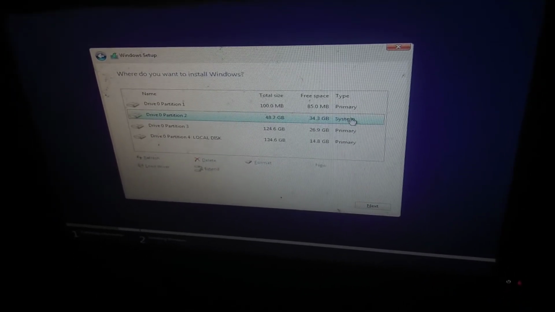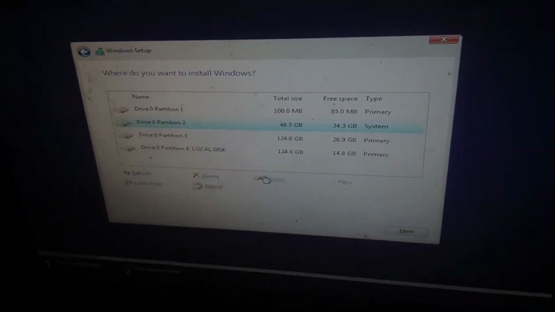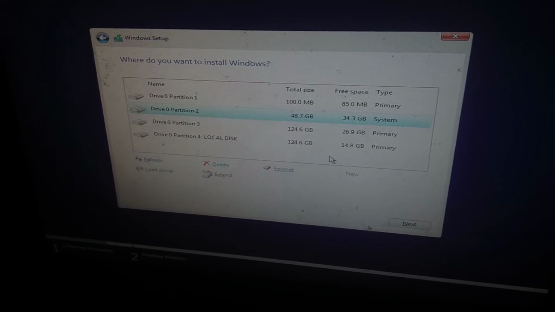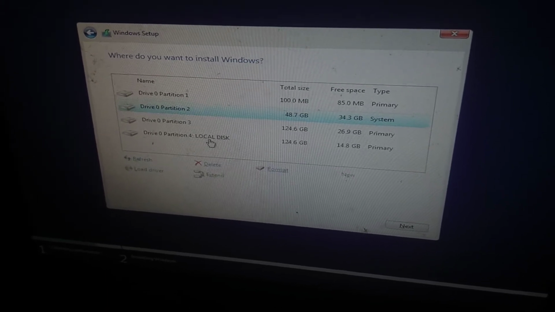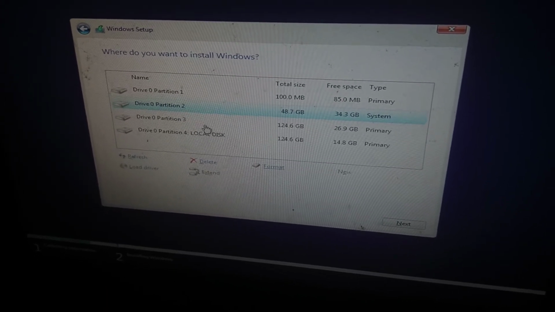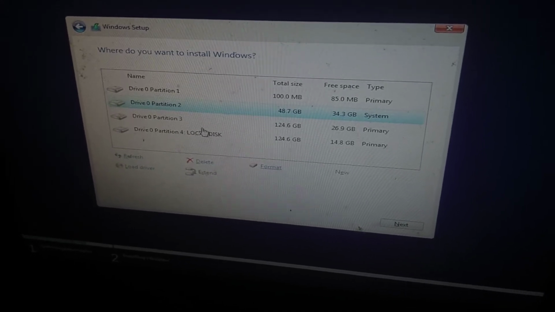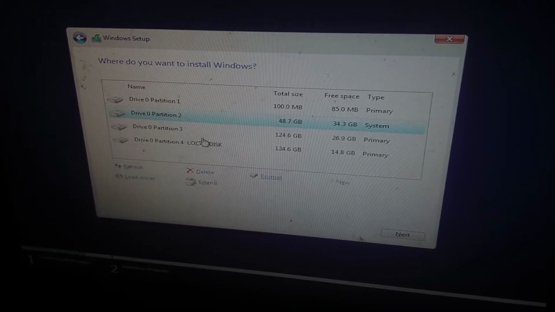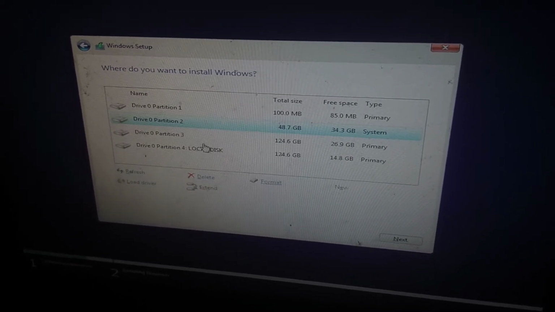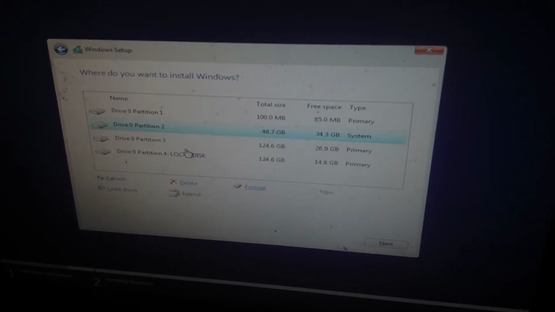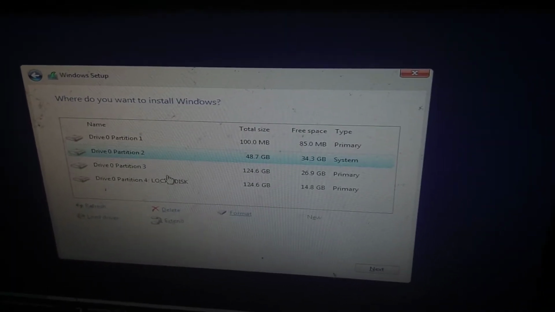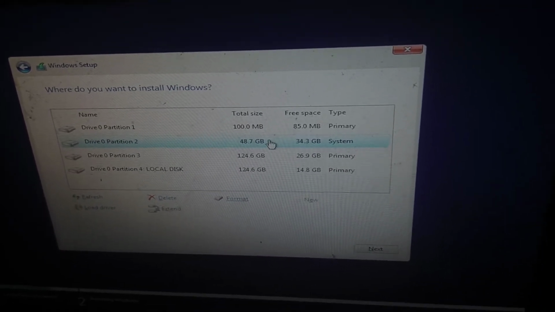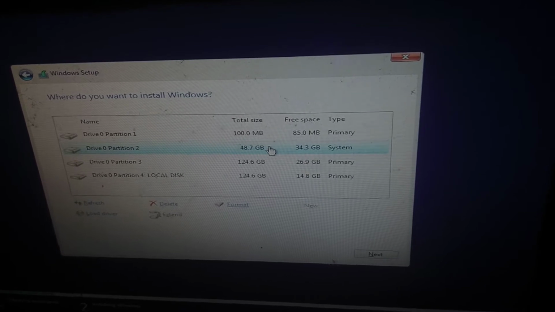You can see 48 GB system here, and click. Guys, be careful before doing this. You need to cross check which drive your Windows files are on. Windows files means system files, not your main files, photos, images, or your videos, anything else, guys. The Windows files, the apps, application software and Windows software that is installed on your drive, you need to select that drive, guys. Okay, where your previous Windows files are, select that.